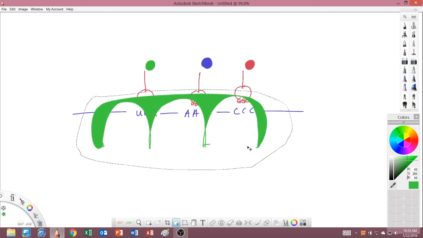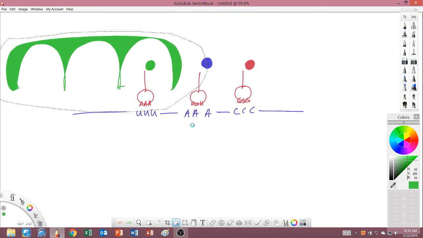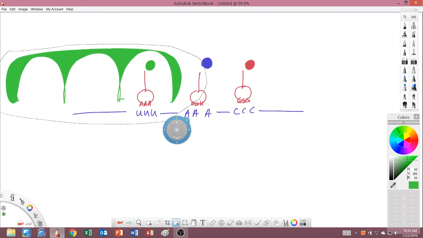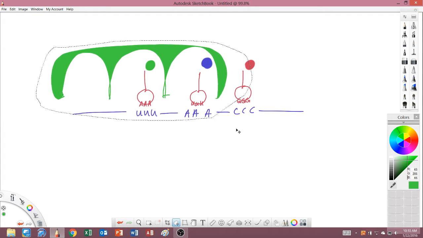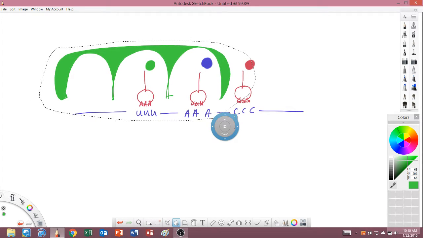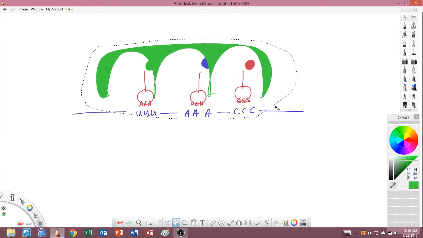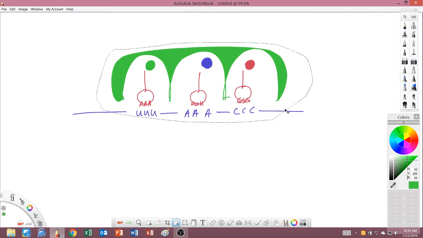Now let's say the large subunit of the ribosome is over here, and the P site is empty. Nothing is going to happen. It's going to scan. Go one more. So you have one already in the P site and then you have one in the A site. Now it will move so that you make a bond between these two amino acids. So now the E site, P site and A site are all occupied.